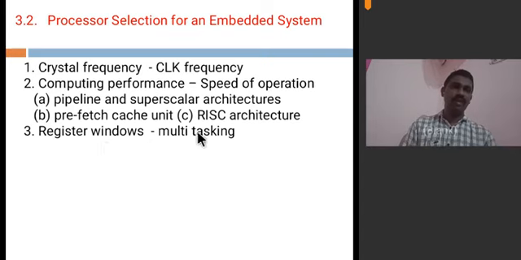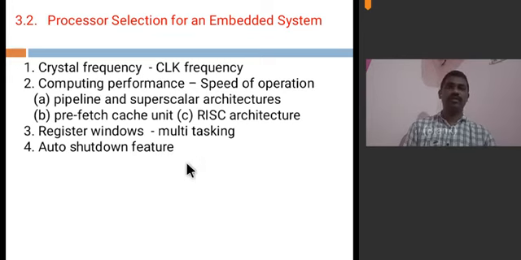So if you are doing multitasking, it means so many subfunctions are there for execution. So many threads will be running internally. In order to handle the switching from one thread to another thread, or from one function to another function, that information should be stored and retrieved very quickly, so register windows are used to make this simple. So you should select a processor which contains register windows.